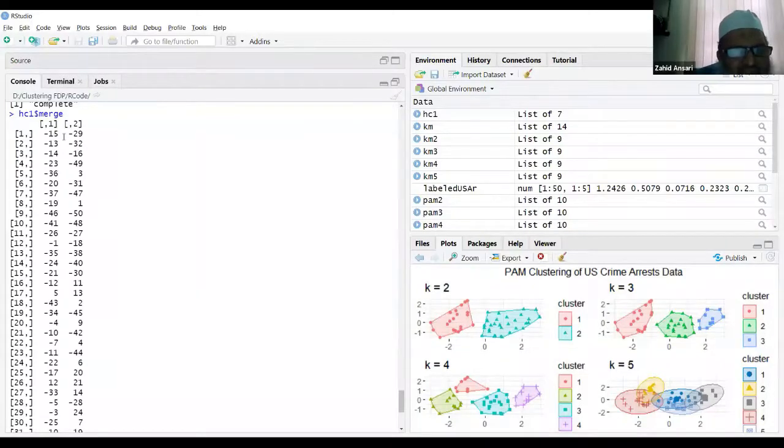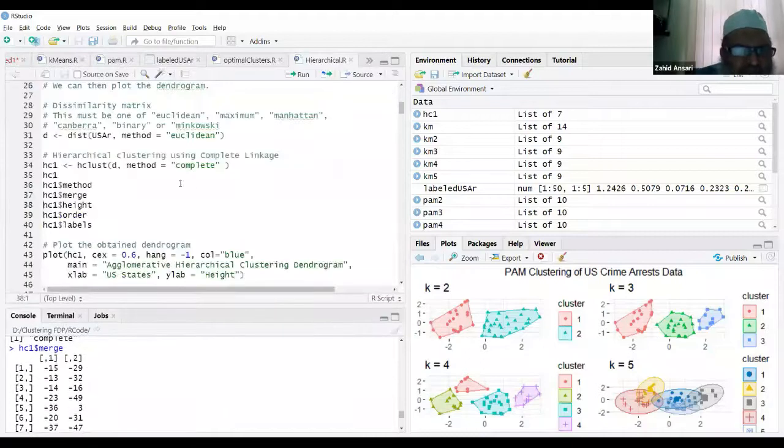This negative sign tells that they are singleton objects. 15, 29 got merged first, then 13, 32, then 14, 16, 23, 49. After that, the object number 36 got merged with cluster number 3. This 3 is positive over here, so it is the cluster number 3, and cluster number 3 consists of the objects 14 and 16. That is the merge order that you can see over there.